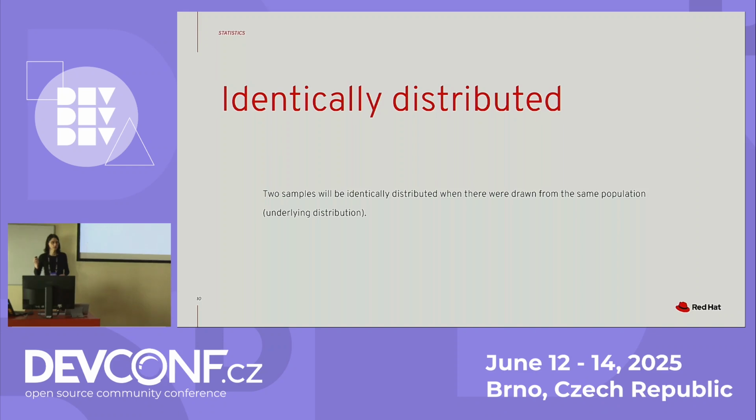The nice thing is that mostly the tests handle well if you do not have the underlying distribution exactly the same. They will detect that there is a difference, and this is something that we usually are interested in if we are talking about statistical testing. If we are running the